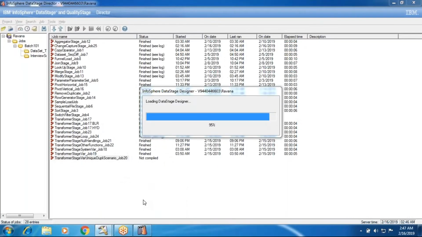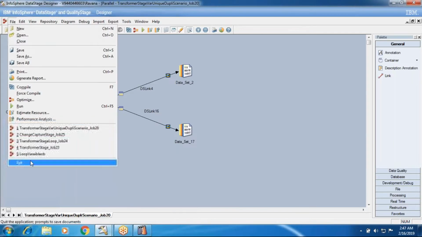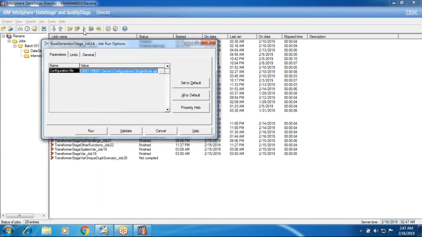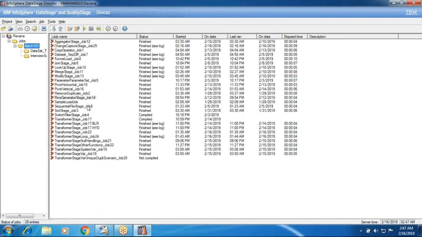It opens again. Okay, I don't want that job directly. The job is opened, the 20th job will be opened. So that is the way you go through the director, and you can stop. You can run the job from here itself. It will throw errors if any, you can compile. You can run. It is finished status. It ran, and you can reset, and you can stop,